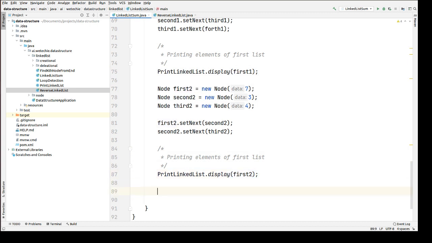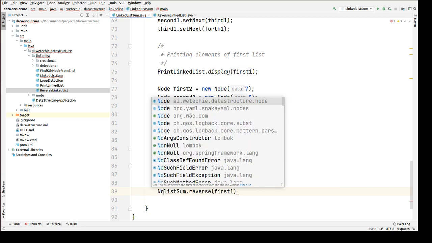Now we have two lists, so let's perform a reverse operation. So list sum dot reverse, right? We're gonna pass first, it will be returning a node of